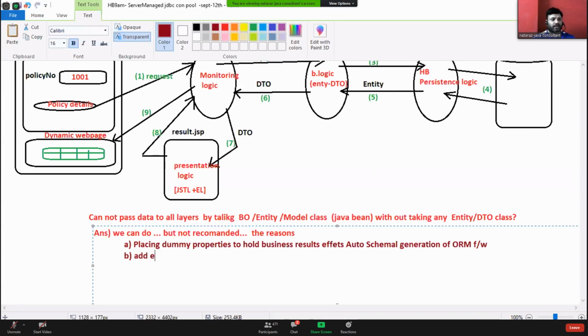Adding new data on top of persistent data. Persistent data, modifying persistent, modifying retrieved data of